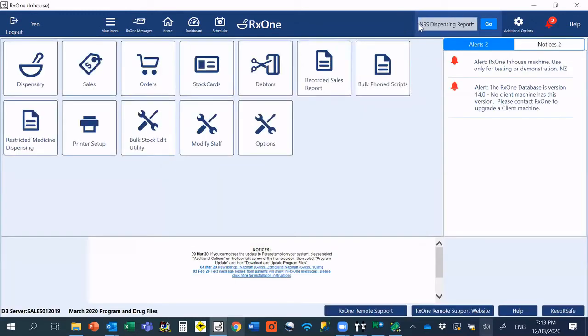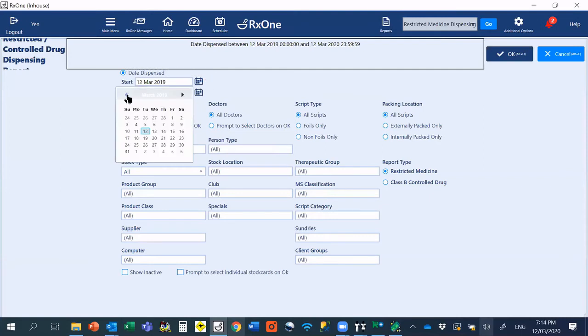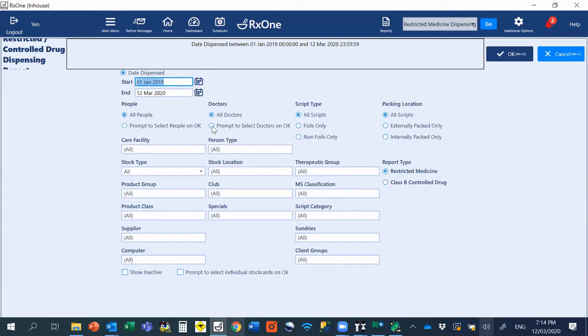Right, the other one is the restricted medicine dispensing report. If I try and do it on January, we can select doctors, or we can choose to report on a certain medication only by clicking prompt, select individual stock card. This report is for restricted medicine that has been put through in dispensary, not what you sell as pharmacist-only through point of sale. So that's a different kind of report. I'm not sure what I have on my database, so I'm just going to run all the